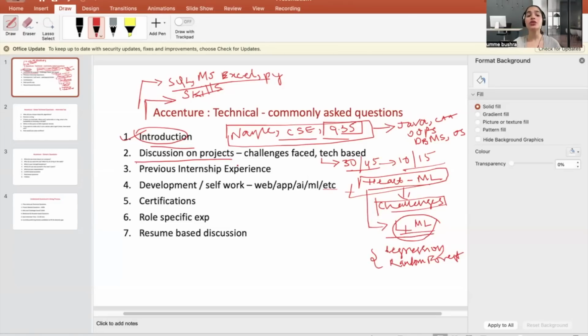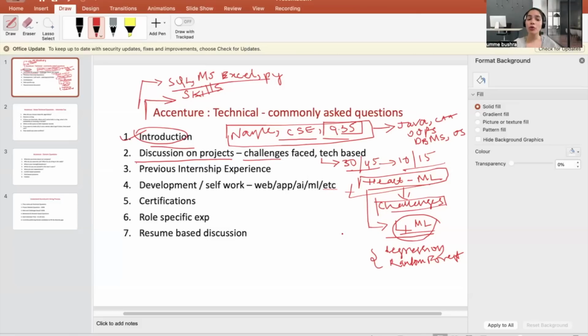It's not enough that you've just worked on the project and know what the project is about and what technology is used. If you have really given your part, then you will know what challenges you faced. The challenges don't really have to be on the technical side. If you had challenges coordinating with the team, you can talk about it. But the right approach is, after you talk about the challenges faced, you also have to cover how you overcame those challenges.